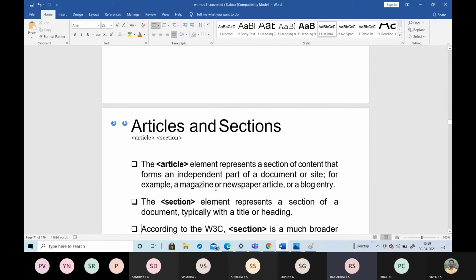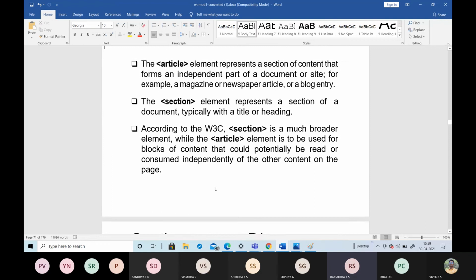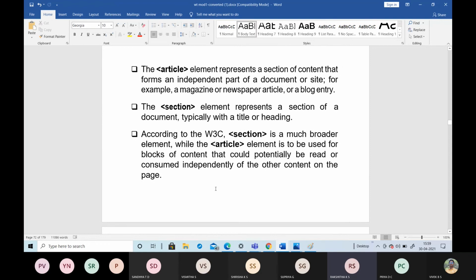We'll move on to the next, articles and sections. We have already seen what an article is. It is an independent element that specifies independent or self-contained content. We can use it in a blog post, in a forum post, or in newspaper articles.